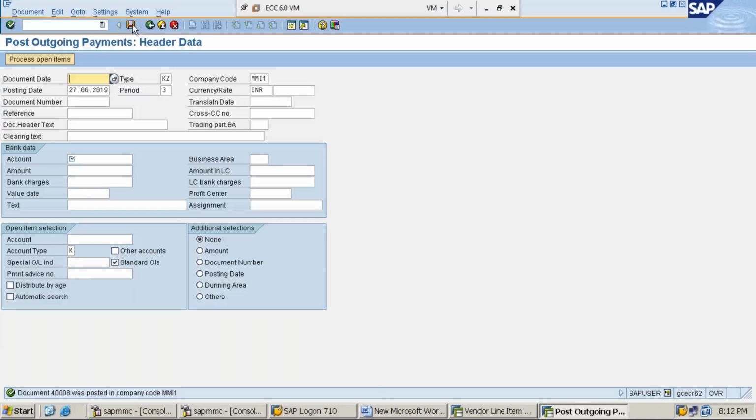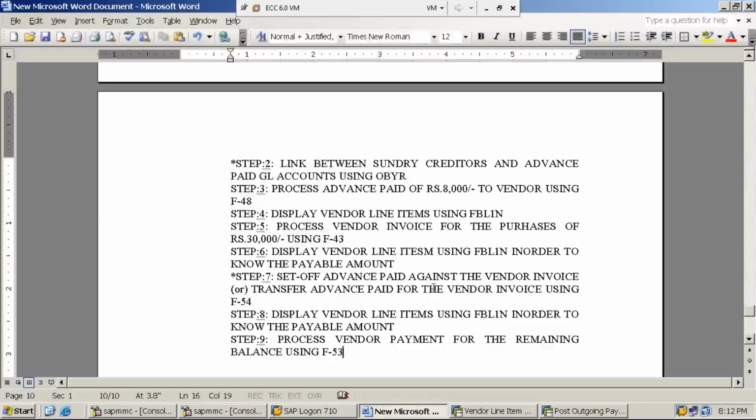Click on post. Last step. So what we have done, initially we have paid advance, then we have processed the vendor invoice, then the advance paid we adjusted against the invoice, and then we have cleared the remaining balance amount. Now if we go and see, the vendor account should show us zero balance as the payable amount. Let us ensure that. Step number 10,